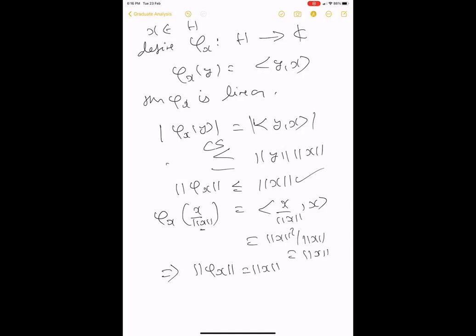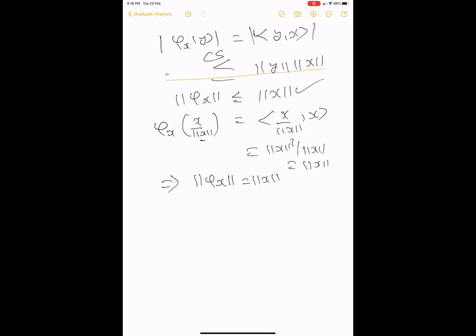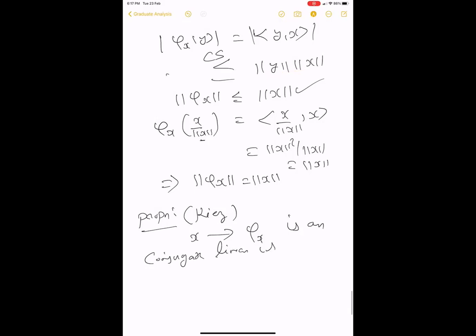So this map x going to phi_x gives an isometry. If you take the collection of all phi_x, that's the vector space, and this gives an isometry, but it is not linear. That's what I want to say. So this is the proposition. This is what the Riesz lemma is. Every linear functional will look like that. The map x going to phi_x is a conjugate linear, or anti-linear, whatever it's called, isometry